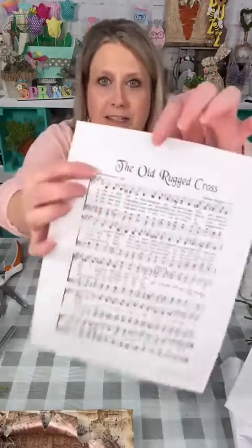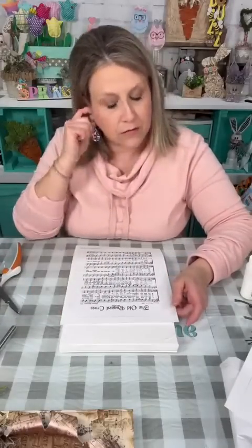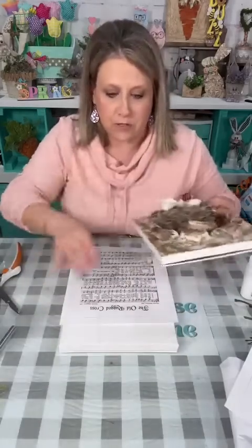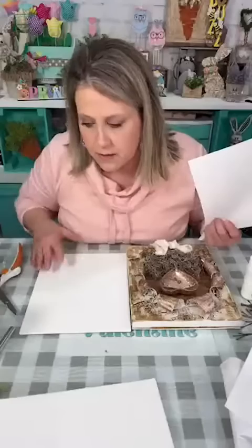So, and then I have these nice little lines up here, but I don't think that's going to matter. Okay, so I could cut that off. I'm going to leave it. All right, so I'm going to use this one side. Let's do this and see. Okay, so this is the...